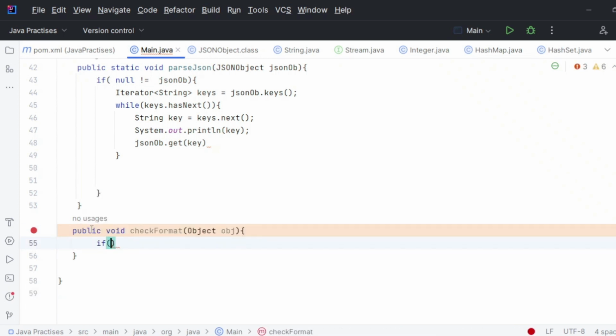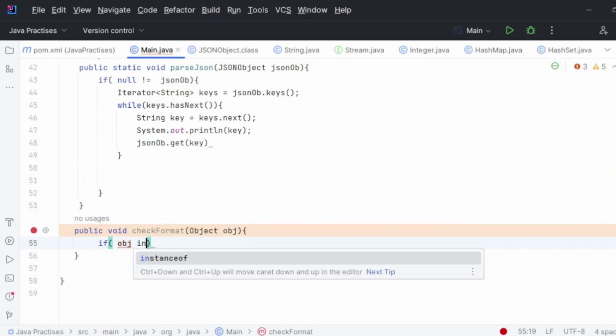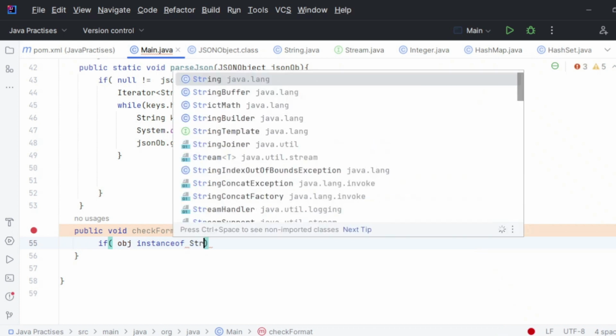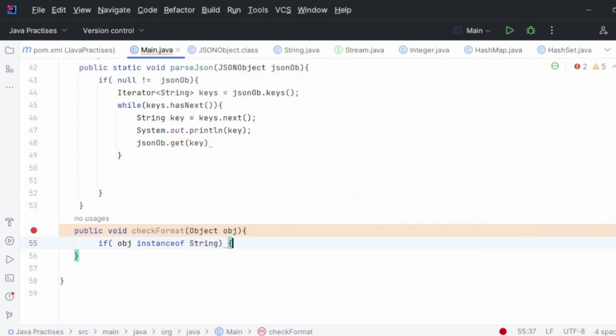If obj instance of string, then I can simply return this to the upper method, or I can simply print it out, or I can save it according to my business requirement. As of now, let's pass one thing, string key, because key is always going to be string, right? So key is